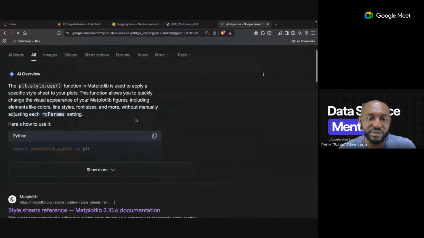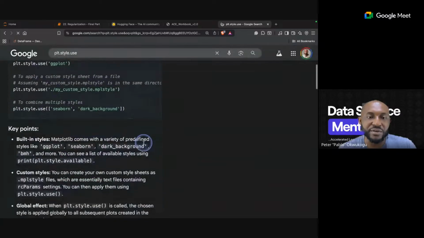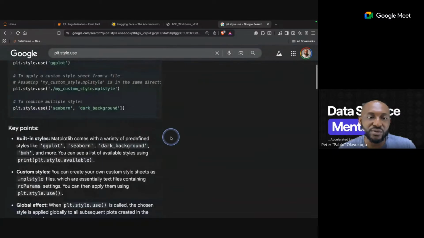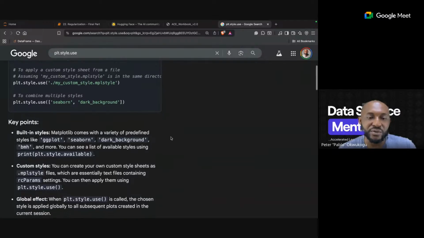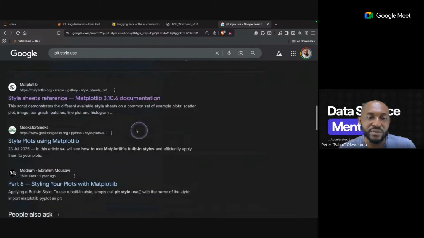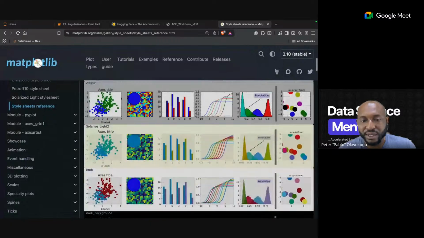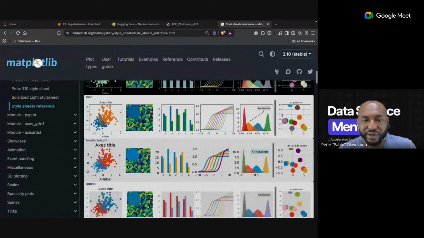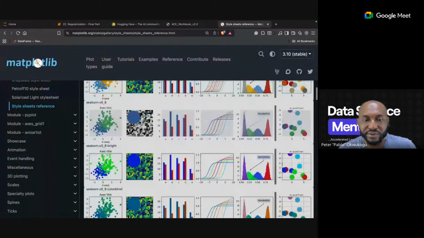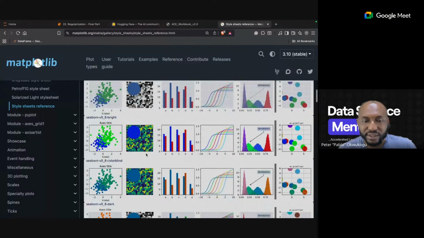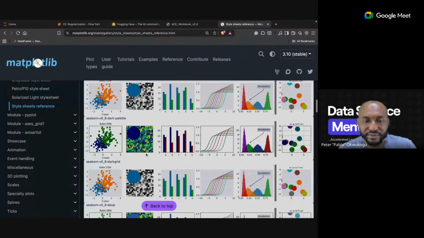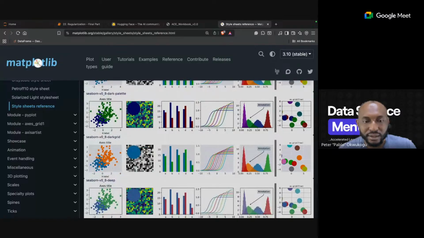It's a style sheet, and with this style sheet you can choose the kind of background you want. You can see that there are different backgrounds. So I could take a certain background and say, okay, this is the background I want to use.